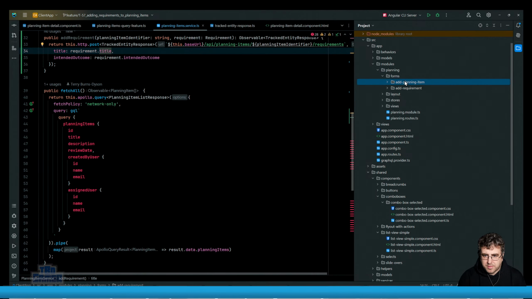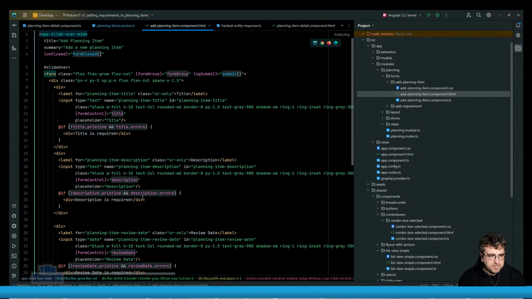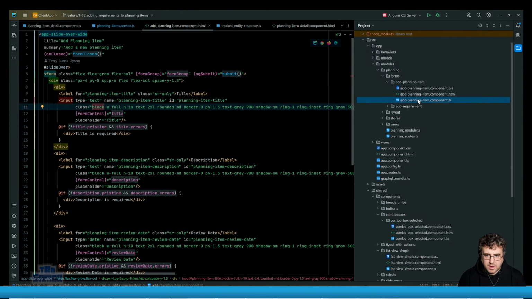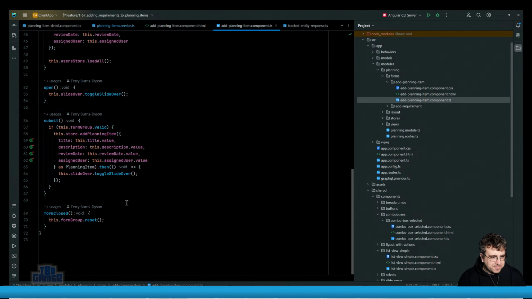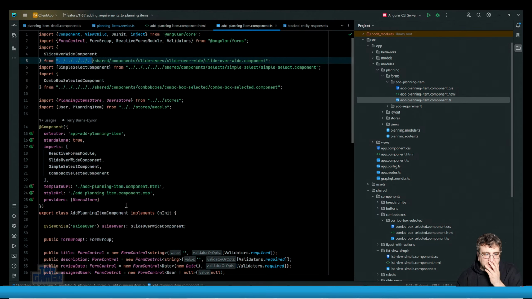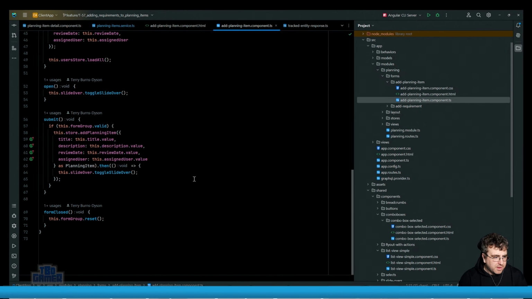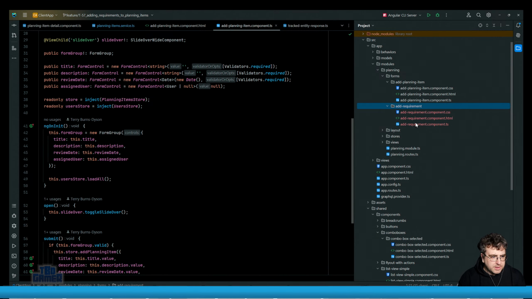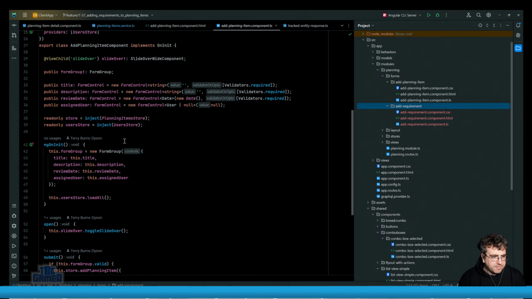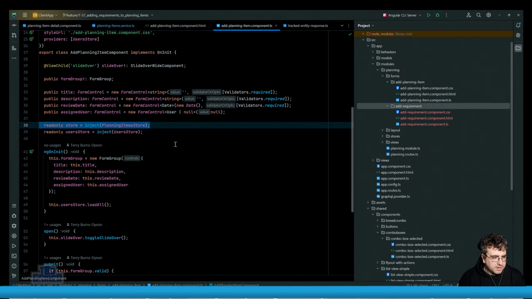Okay, so add planning item. Look at those paths. That's because I have the shared components for the slide overs and stuff, and that's just the way this is. Okay, so what we are going to do is we are going to have